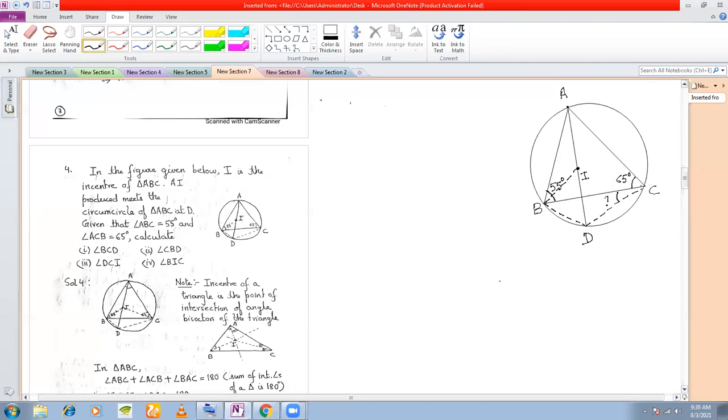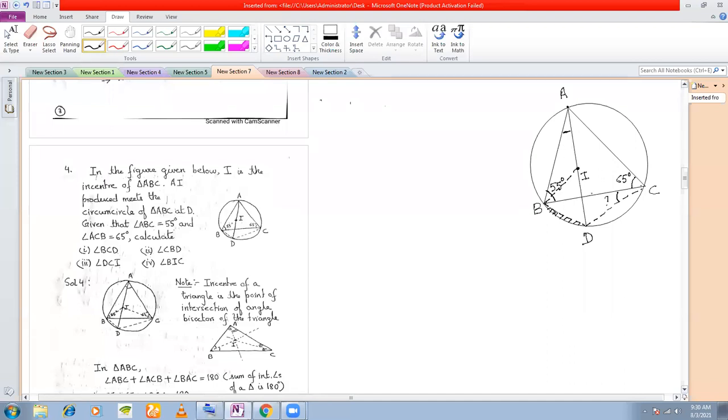Now how do you calculate this angle? What you must realize is that this angle BCD is on this segment. If you see the segment that I am shading, the small segment, this lies on this minor segment, right? And what is the other angle that you see? The angle that forms a Z in this segment is this angle, right? So these two angles must be equal, right? Now how to find out this angle?